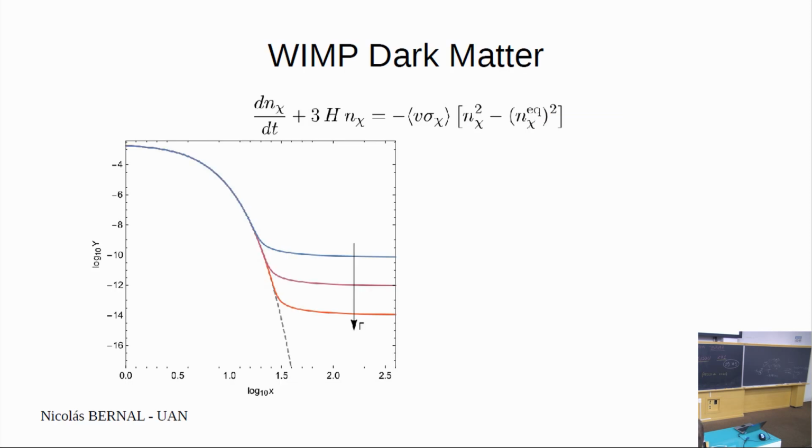So, well, we have talked a lot about dark matter, and in particular about WIMP dark matter. Just two comments on WIMP dark matter. The idea is that we have this dark matter which interacts kind of strongly with the standard model, meaning that dark matter reaches thermal equilibrium, so chemical equilibrium with the standard model.